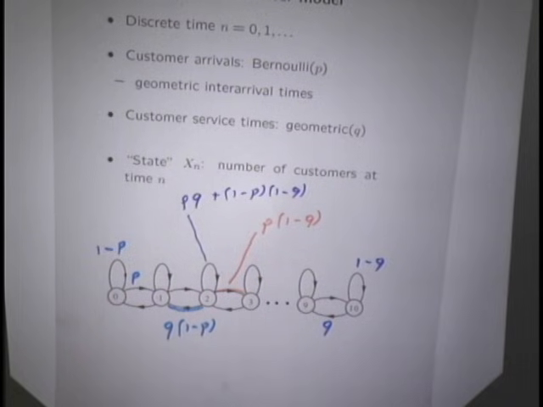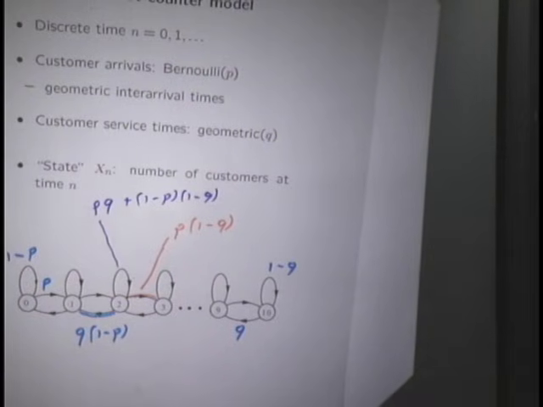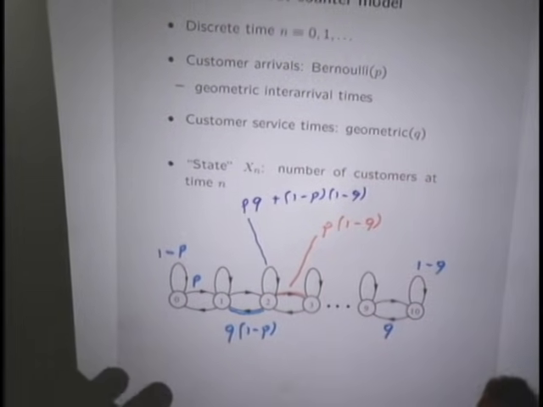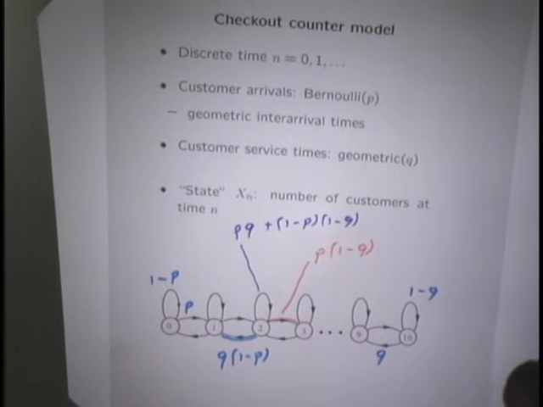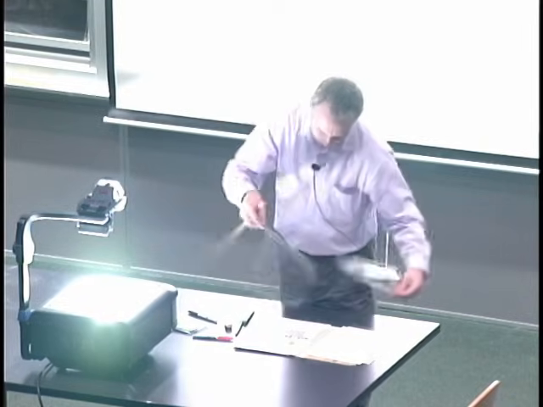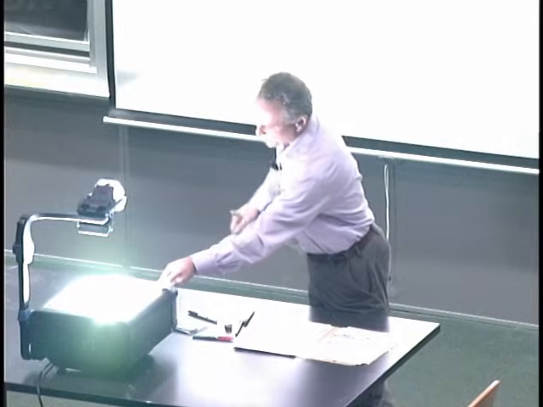So this is the full transition diagram annotated with transition probabilities. And this is a complete description of a discrete time finite state Markov chain. So this is a complete probabilistic model. Once you have all these pieces of information, you can start calculating things and trying to predict what's going to happen in the future. Now let us abstract from this example and come up with a more general definition.